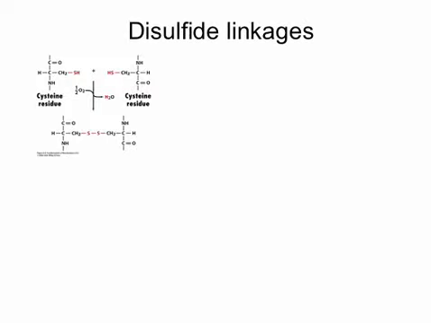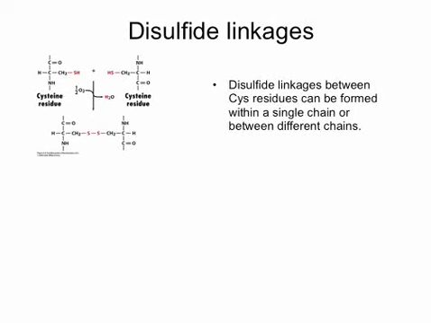The location of those linkages is actually pretty important for the three-dimensional structure of the protein as well. So, as a result, we kind of consider the locations of any disulfide bonds that are in the protein as